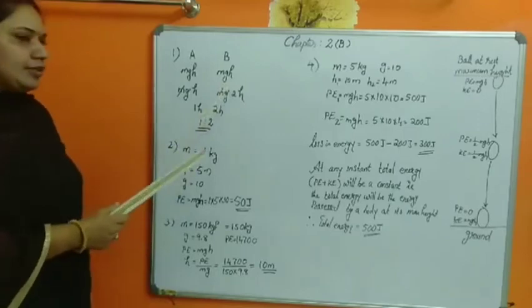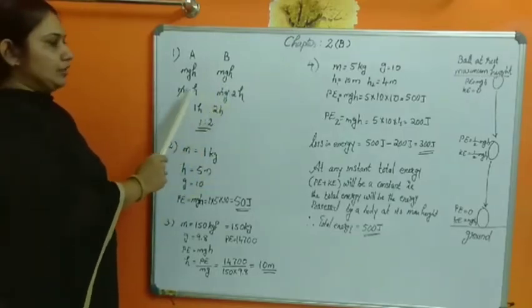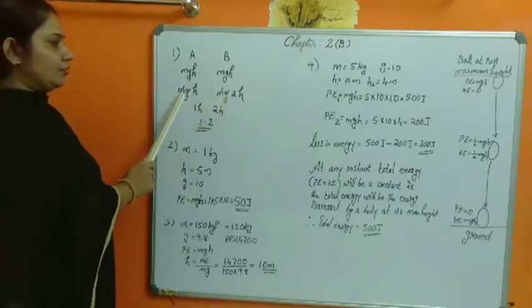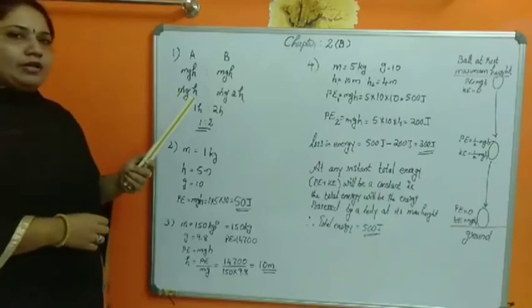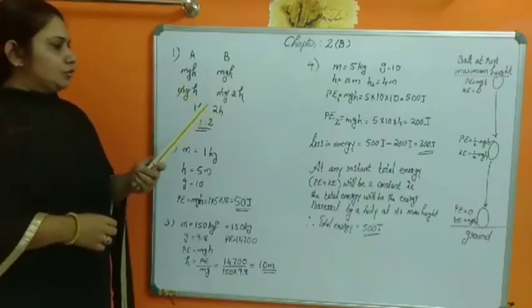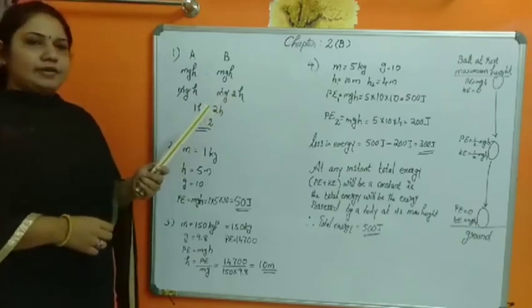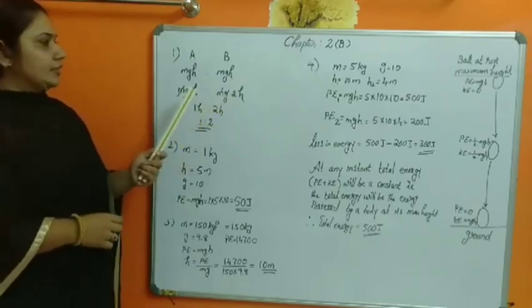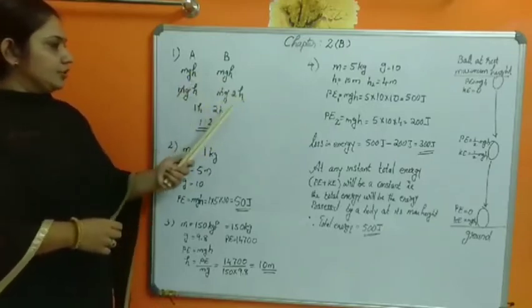Now we are going to substitute. It's given in the question: same mass. Two bodies have the same mass, so I wrote here both m and m. And gravity acting on every body will be a constant, so the g also is a constant. But here the height is given. Height is different, that is h and 2h. So here I wrote h, 2h.